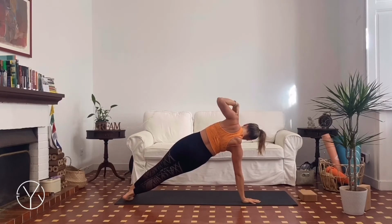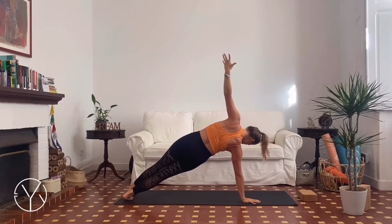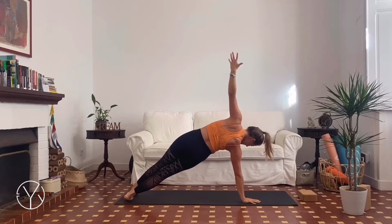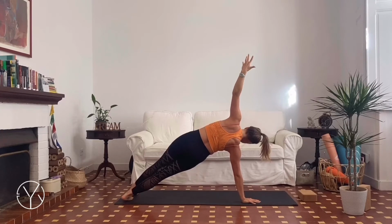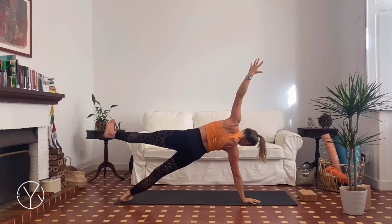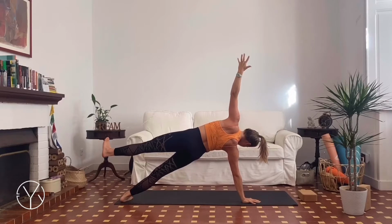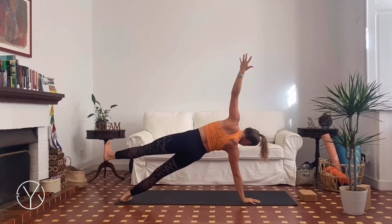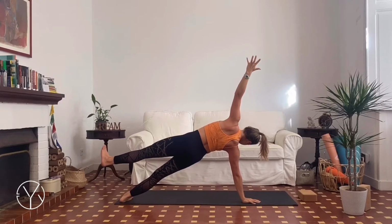Ooh, I at least feel my left shoulder, arm already on fire. Okay, reach your hip a little bit higher, don't let it sink down. You can gaze down towards your hand if that feels better for you, or just out to the front. And also here, you can stack your feet on top of each other, or reach your left foot up. We hold, reach your hip a little higher, breathe, you got it, you got it, and 3, and 2, and